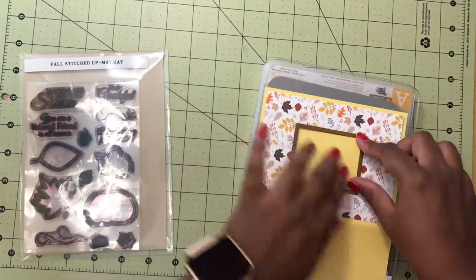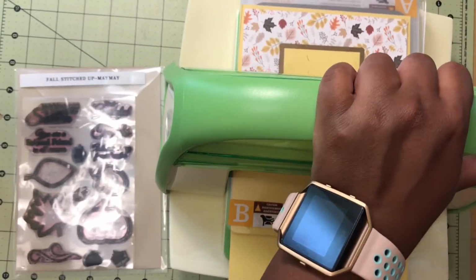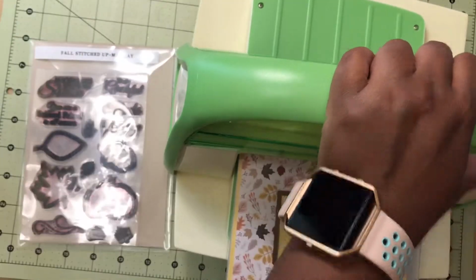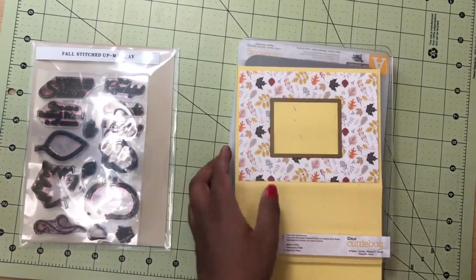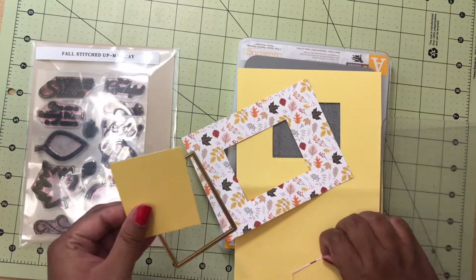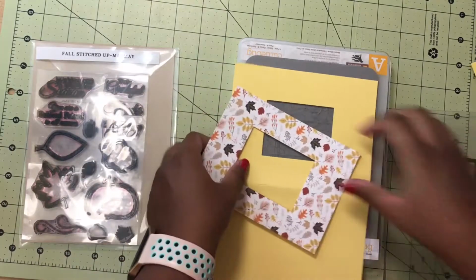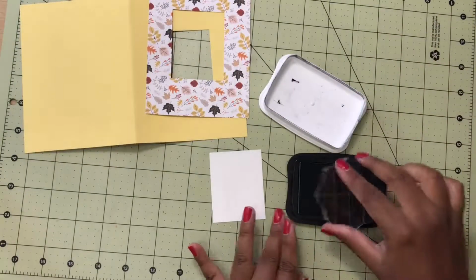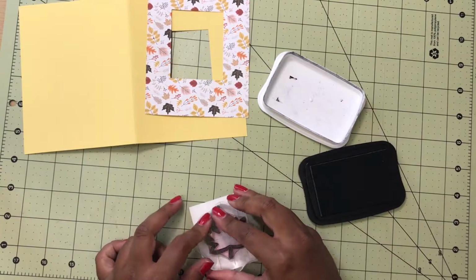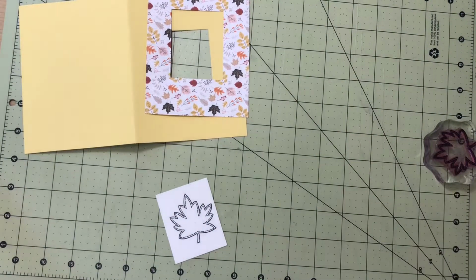Now again, you could do this at the same time. I just forgot and I didn't do it, so I was trying to match it up and do that. But yeah, so I die cut my card base as well, and I am going to be using this to stamp that leaf image, so you'll see me doing that in just a little bit. I love how this looks. This is so cute. You could even make shaker cards with this, but for today we're just making a floating